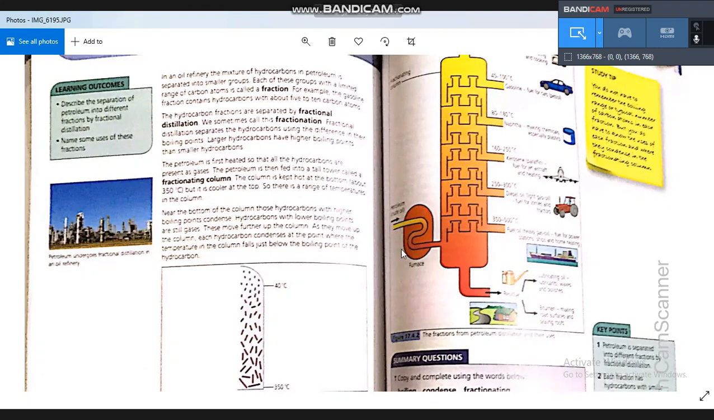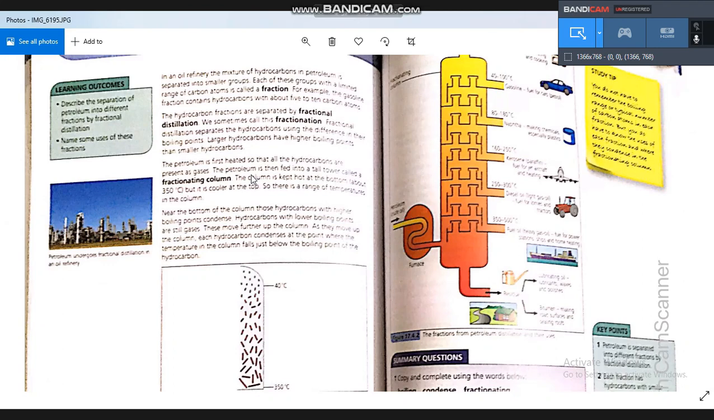Fractional distillation involves two processes. The first process is boiling, because we will boil petroleum or the components of petroleum until they reach their boiling point. Right. The second process is condensation. We can make condensation for some components or some fractions of